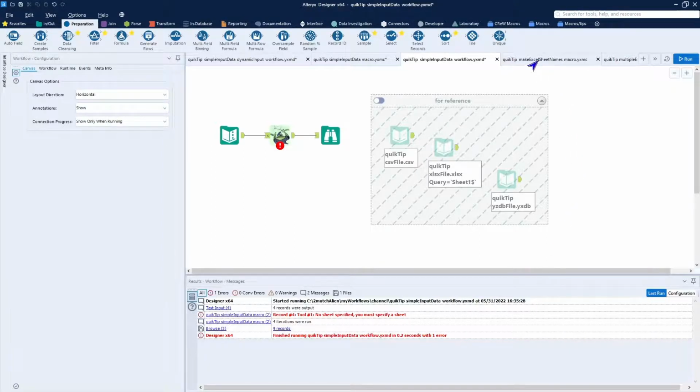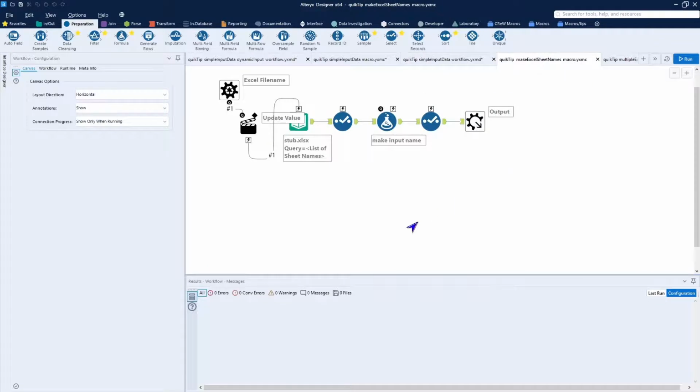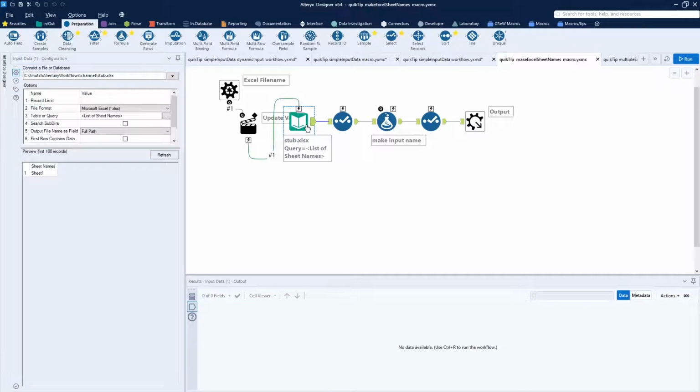Long story short, we're going to create a little macro. The macro is not actually going to process our data. What it's going to do is create the Excel file name that includes the name of the tab or sheet inside of it. And we get that through another quick tip, which is if you look at the input data for an Excel spreadsheet, one of the options you have on table query is to simply return a list of sheet names. That will give us a list of the sheets that are in that file. We also return the full file name,